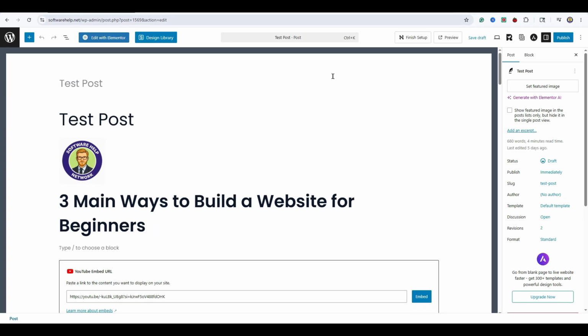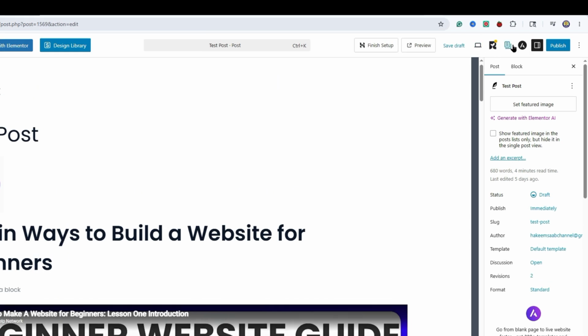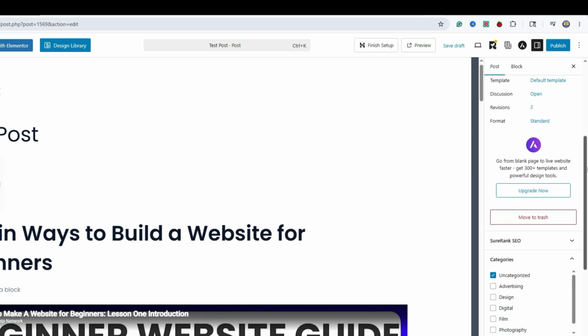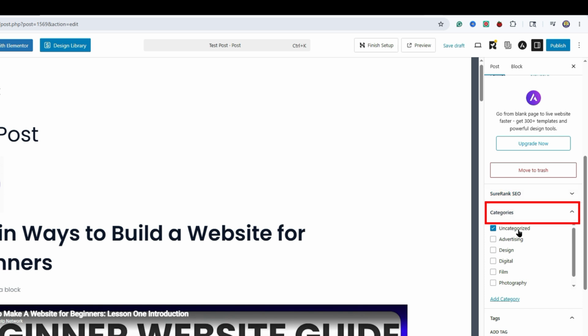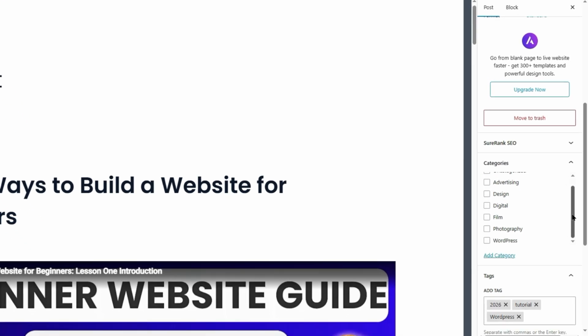Now look at the right-hand sidebar panel. If it is closed, open it by clicking this button. Make sure the Post tab is selected, next to Block. Scroll down the panel and click on the Categories section to expand its options. If the default Uncategorized box is selected, uncheck it, then check the box next to your newly created category, which